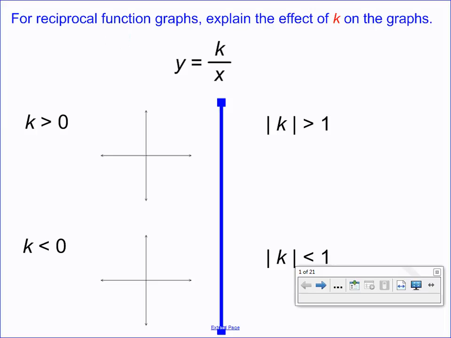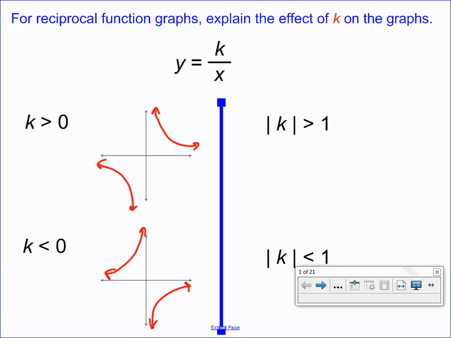If k is positive, recall our orientation. Our orientation was in the diagonal quadrants 1 and 3. So for positive k values, our orientation is 1 and 3 for the quadrant numbers. Negative k values are going to make those orientation opposite. And so you'll flip across the x-axis, and now it'll be quadrants 2 and 4. So quadrants 2 and 4 are where my reciprocal function would appear